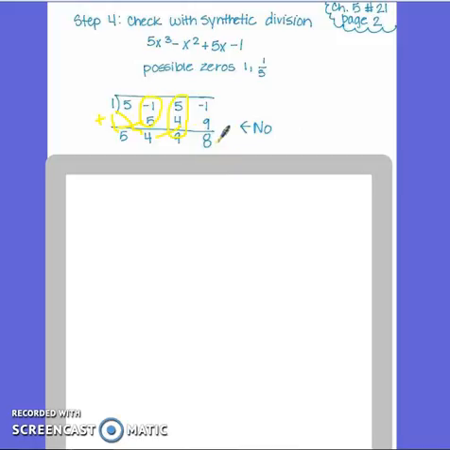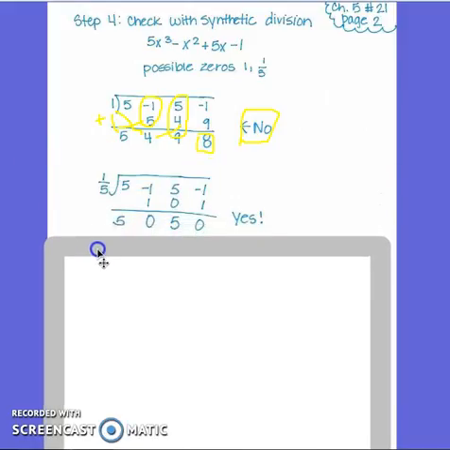No, 1 is not a potential real 0. No, because this number right here should be 0. That's what we should have gotten if it was a real 0. It is not. Okay, we're going to check 1/5. I keep saying negative. It's not negative. It's just a fraction. Sorry. We're going to check 1/5 next,